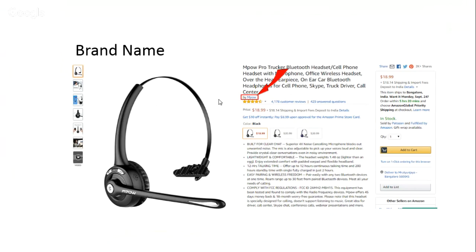So what will happen? You do not have any proof that you are the brand owner, as you do not have any trademark. A trademark gives that legal authority that you are the brand owner for this particular brand. But when you are not trademarked, you are legally not the brand owner.